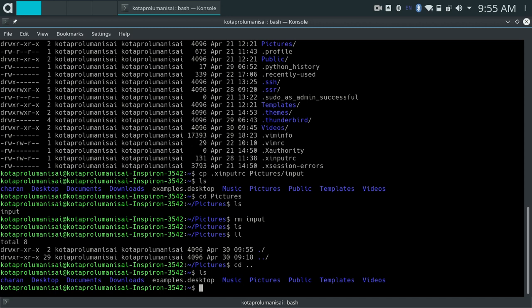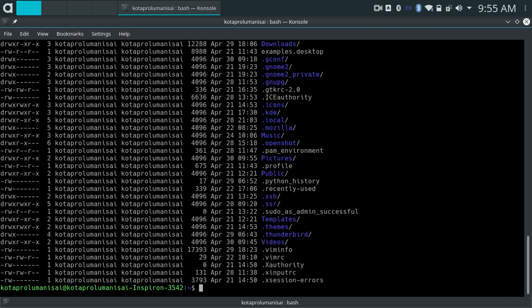Now the other command is mv. Mv is also the same as cp. It moves the file from one location to another location. For example, here we have .vimrc. We will move this file to Templates.